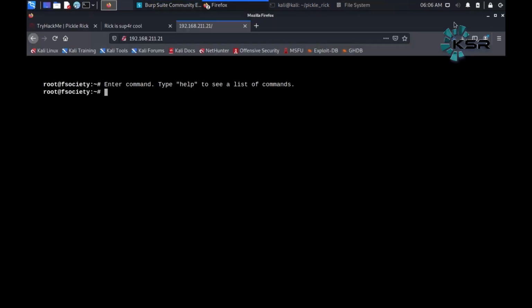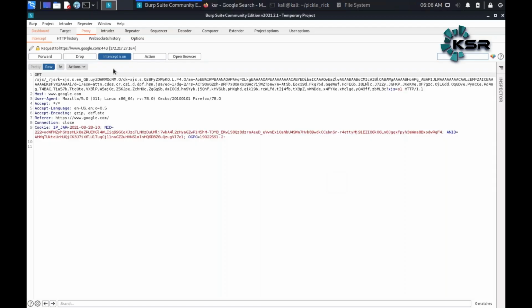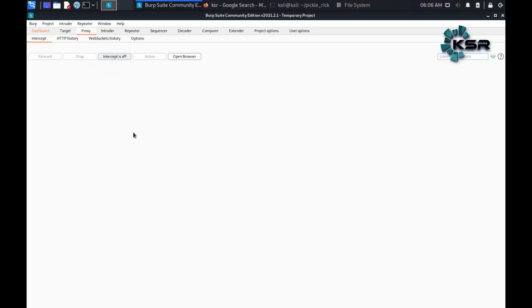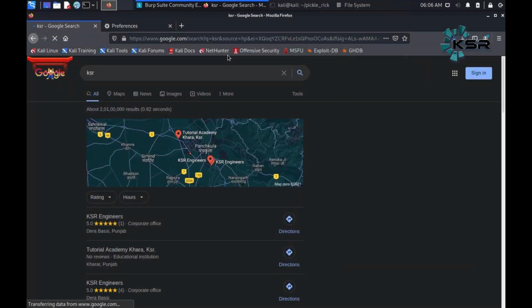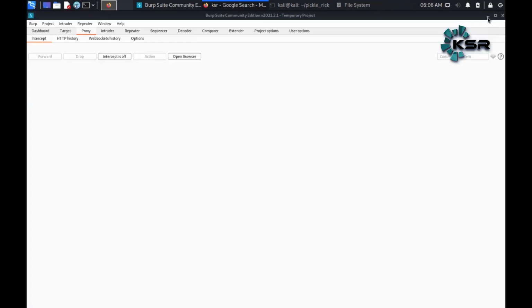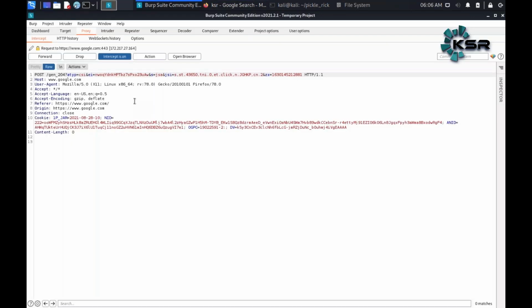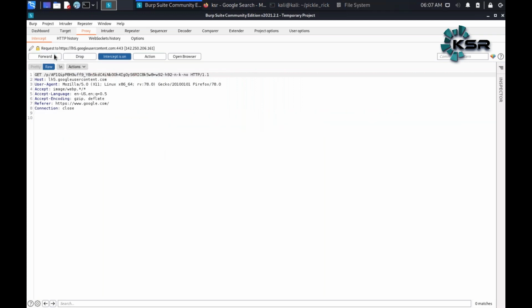Let me just remove this tab as well. I will turn intercept off. I will go back here. I'll launch it, intercept is on, and now write something, KSR. Whatever I do on my browser can be intercepted here, and I can make changes here.